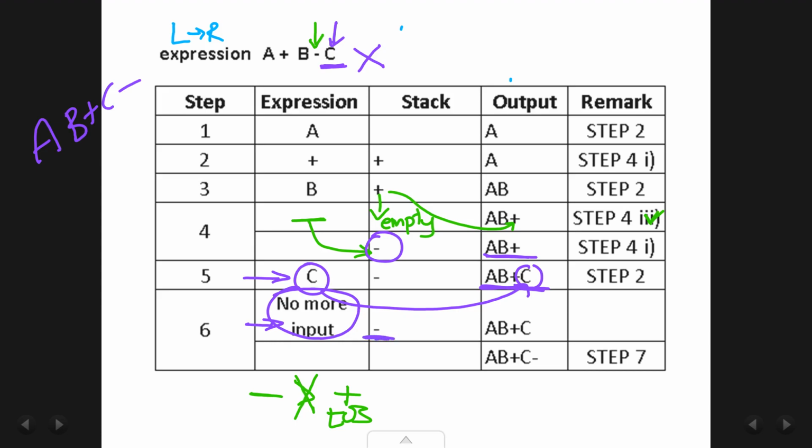So what is there on the stack? Minus is there. So pop this and add it to the output. So now we get the output as A B plus C minus. So I hope you understood how this algorithm is to be applied.